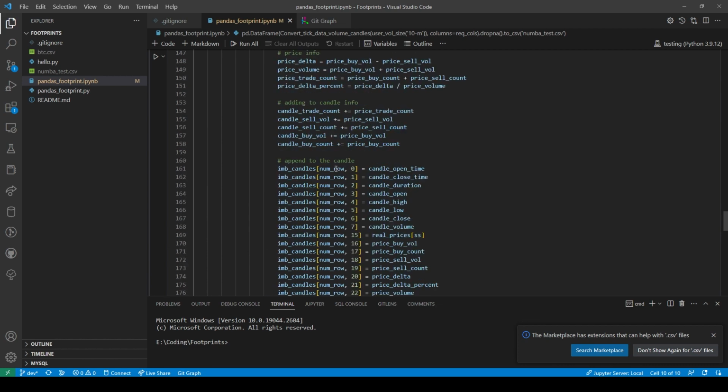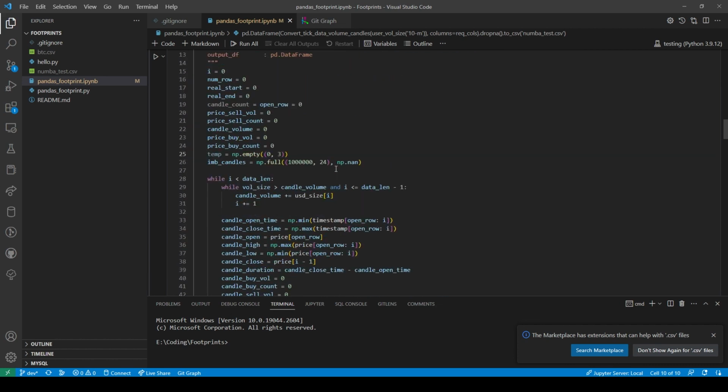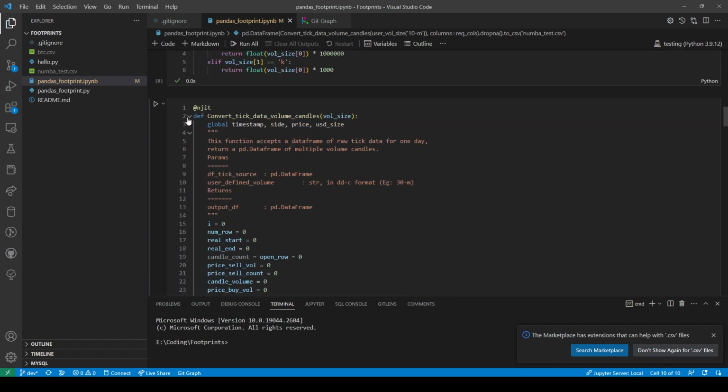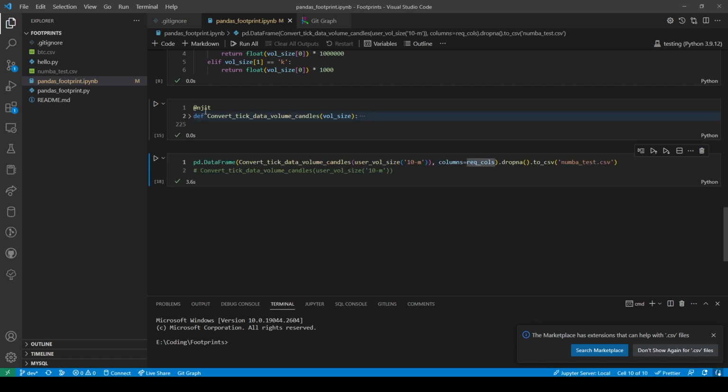Takes 3 seconds. Now it takes 6 seconds. Now it takes 3 seconds. Well, it has to run it first.